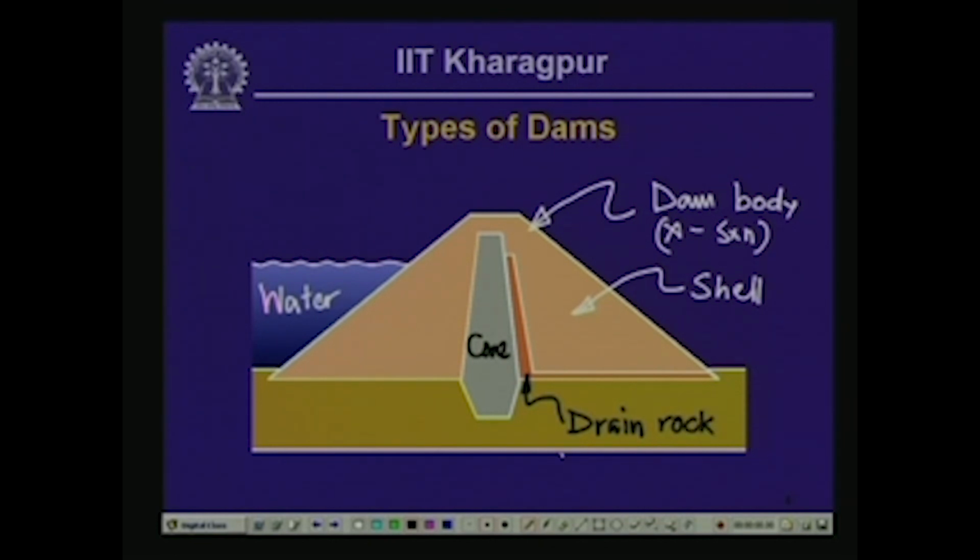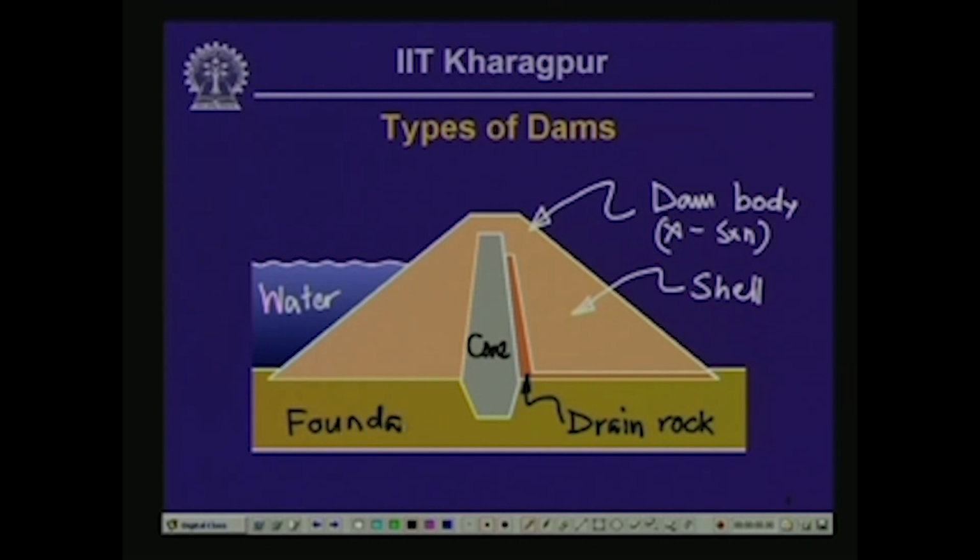So the purpose of this is that if there is any water flowing across the core, that is going to be intercepted and carried away through the drain. The upright part of this drain is called a chimney drain, whereas the horizontal part of the drain is called a drainage blanket. And of course at the bottom